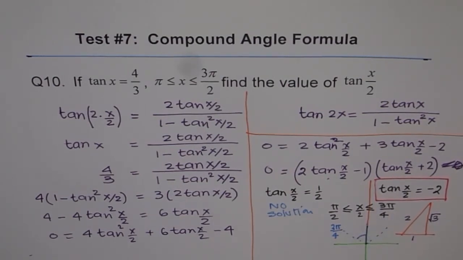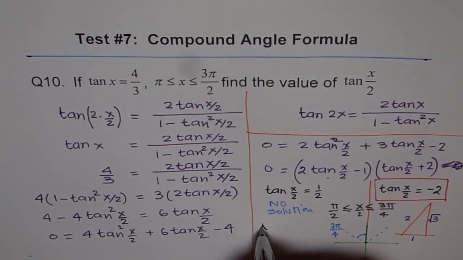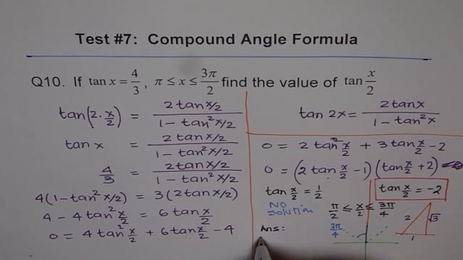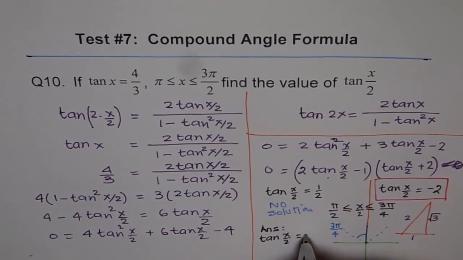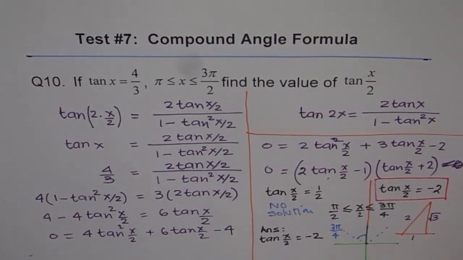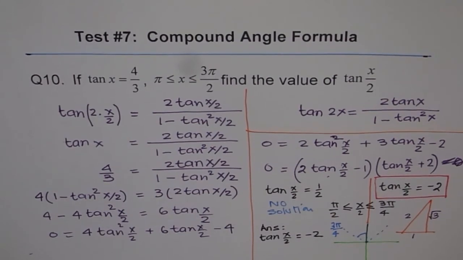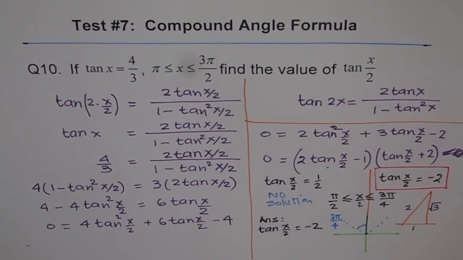Therefore, our solution is tan x by 2 equals minus 2. So that is our solution. Have a good look at it. Okay? Thank you. So we are not really interested in finding